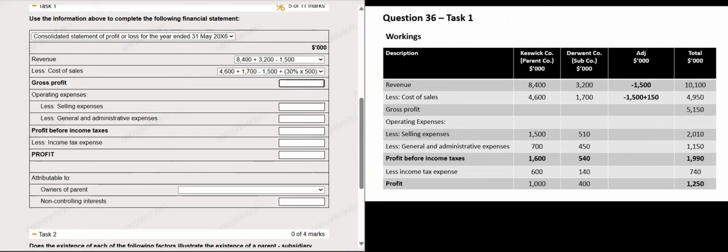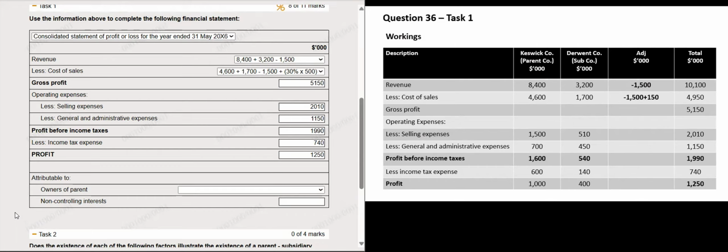So the amount of gross profit comes to 5,150,000. Selling expenses total to 2,010,000. General and administrative expenses total to 1,150,000. This gives a total profit before income taxes figure of 1,990,000. The total income tax expense comes to 740,000, which gives us a bottom line figure of 1,250,000 as the profit. Looking at the remaining information to complete for task 1, we need to determine